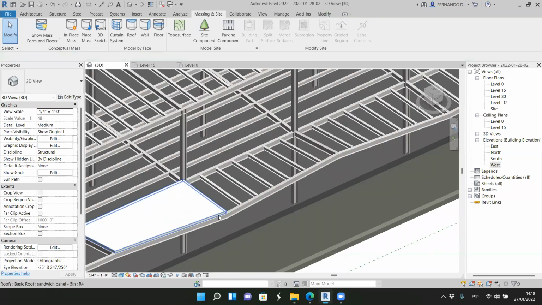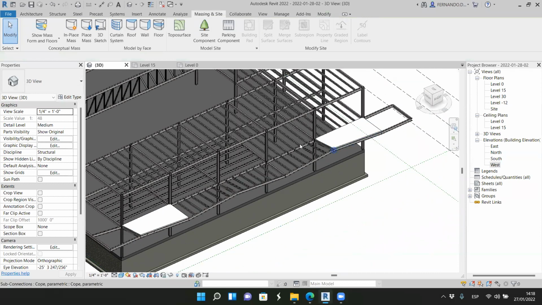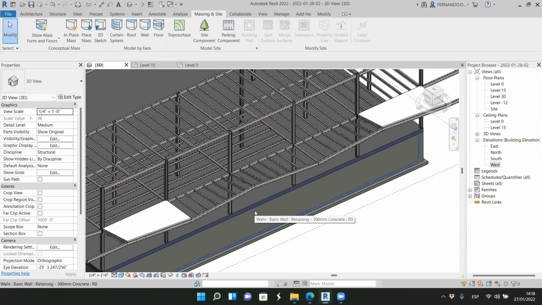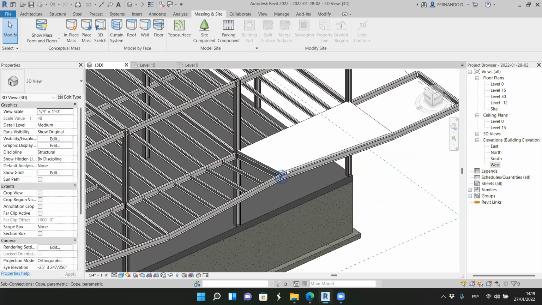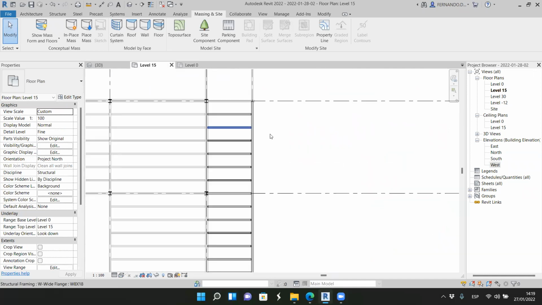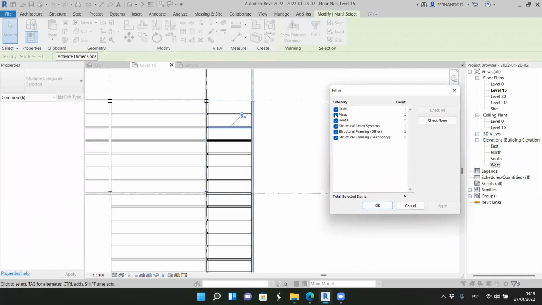Is there a way to do this? So is there a way to select this and having a mass that, not that I know of? Okay, so you have to go one by one. So that's why when we're working with this kind of things, having a module, it's very important, because if each module is different, you have to do it many times. But if the modules are the same, we can select the roof,